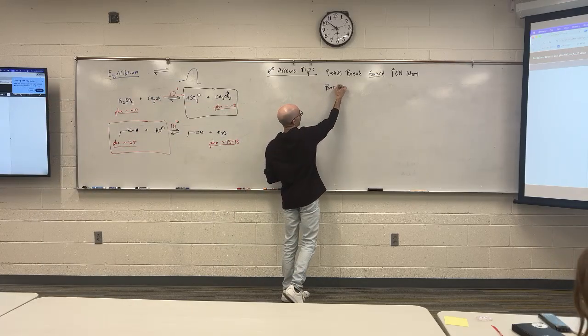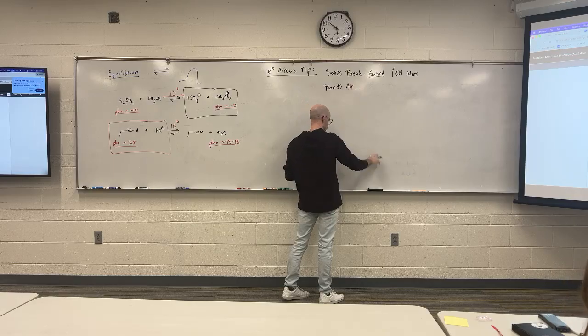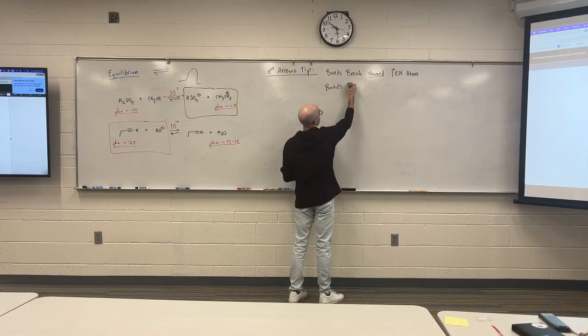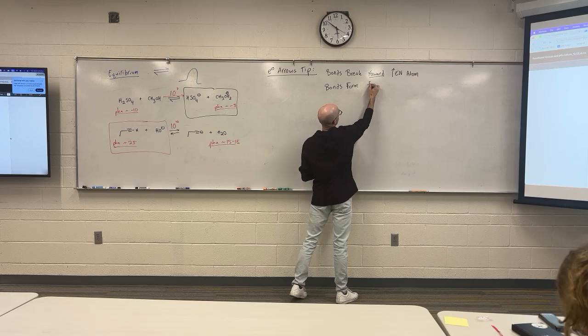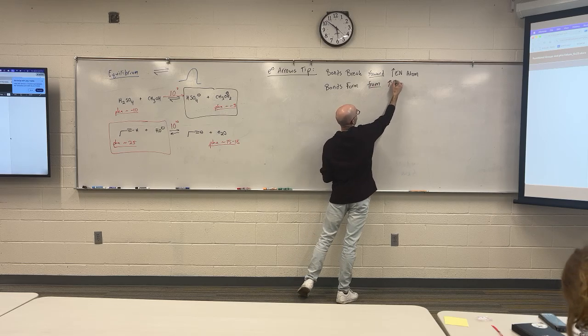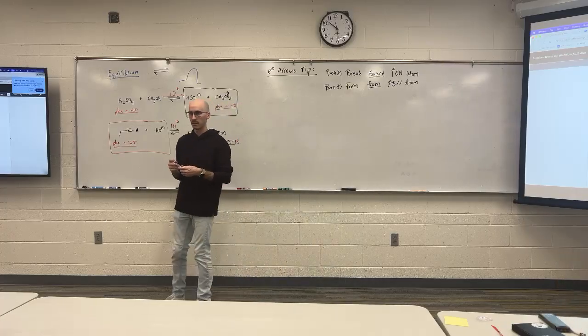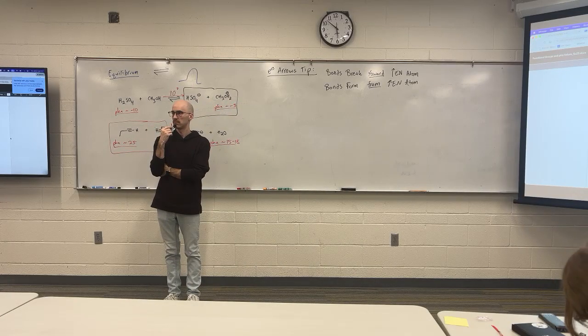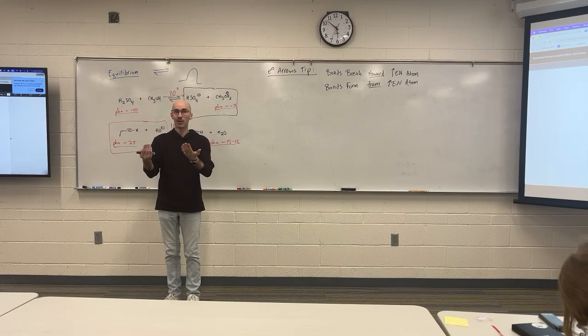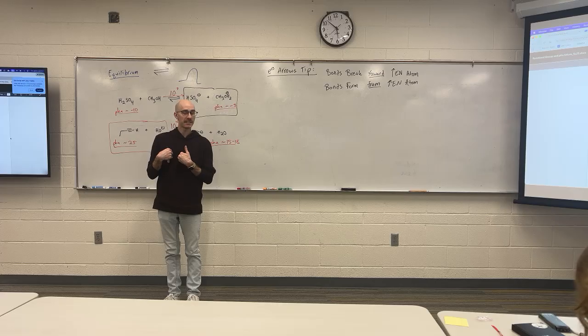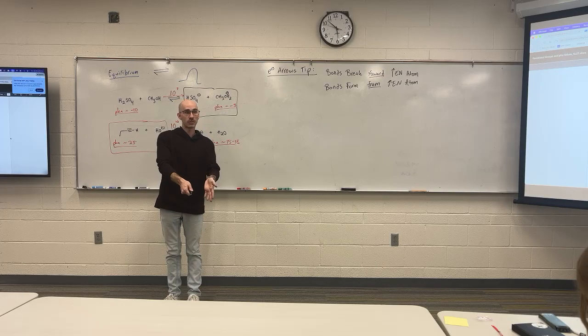If you're going to use electron arrows to show a bond forming, those electrons come from the more electronegative atom. Less electronegative atoms are willing to accept electrons, but they typically don't have control over the electrons. It's more electronegative atoms that have the control over electrons and decide whether they are used to form a bond